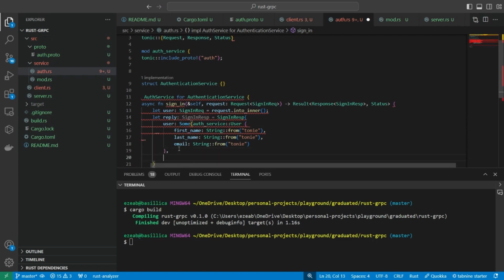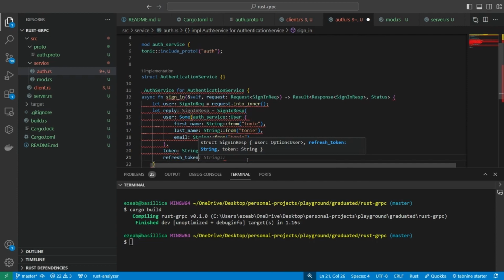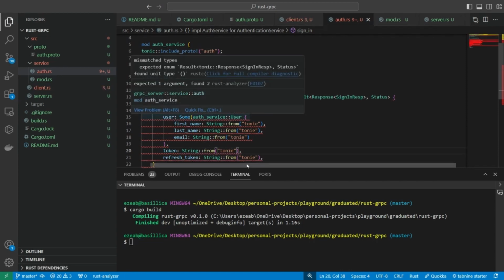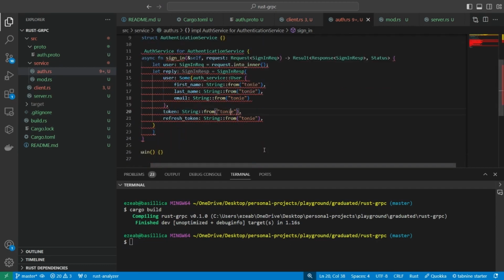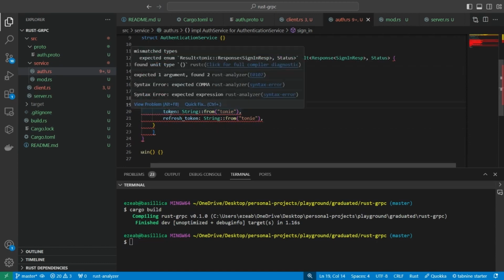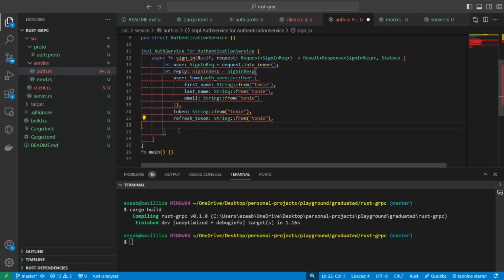And now we want our token, and I'm also gonna keep it simple like this. And then the last one of course is refresh token. I'm also gonna put the same thing like this. And what is the error expected? Yeah, of course. And now I simply just return this. So now I'm not doing any computation. So this is wrong, should have ended here, and this one should have gone. And now I close this off, and now I simply return this back to the user, and this will be